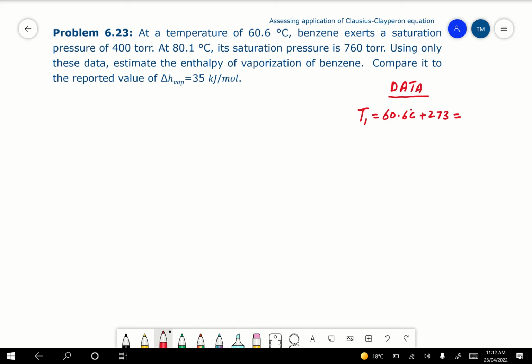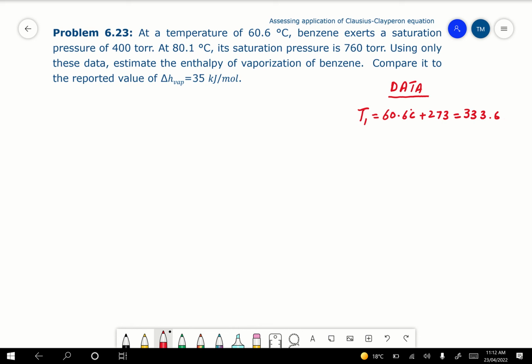So basically this becomes 60.6 plus 273, that is 333.6 Kelvin,